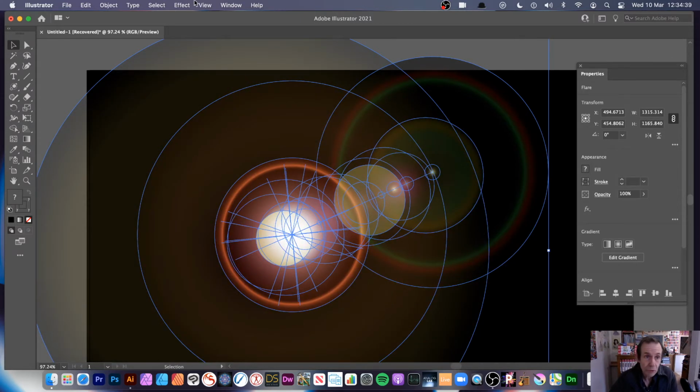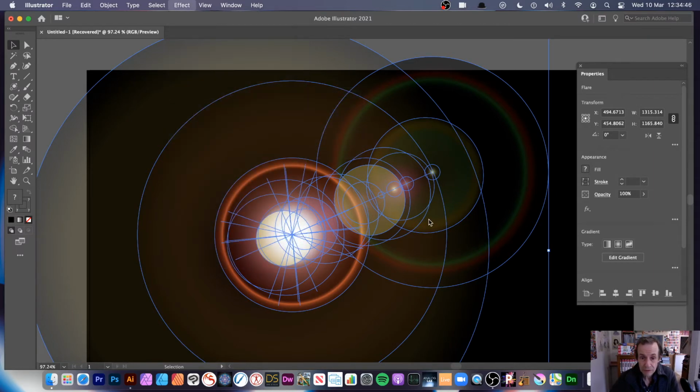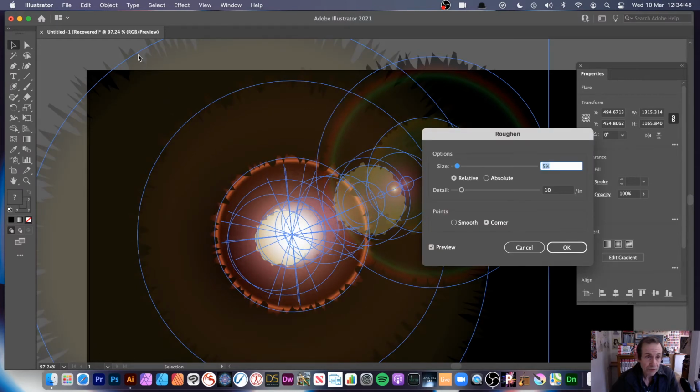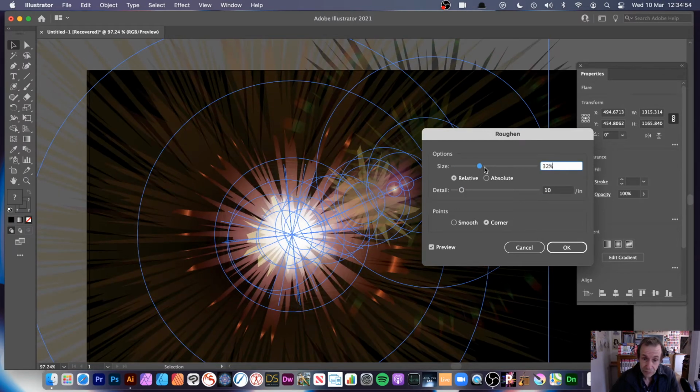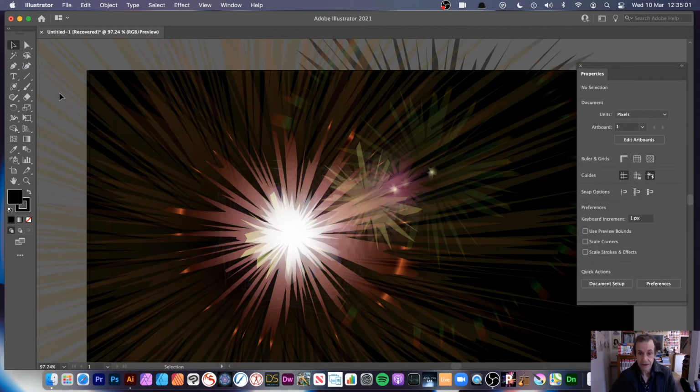Now, some will not have any effect at all. I like to try sometimes. You suddenly think, oh, let's go for maybe Roughen. And then you can see what happens with Roughen. You can get an interesting sort of roughening effect, which may or may not be what you want. Click OK. It's maybe not your standard flare, I guess, but I think it creates quite an interesting effect,